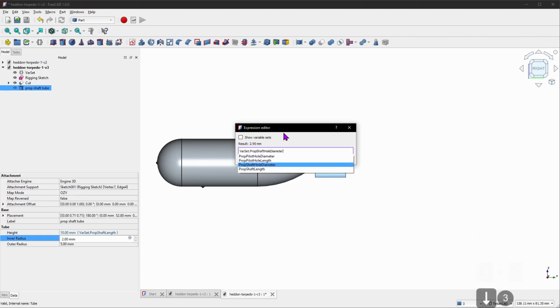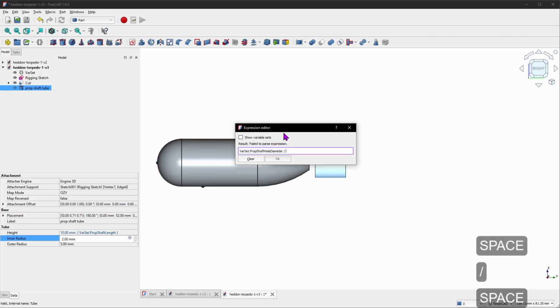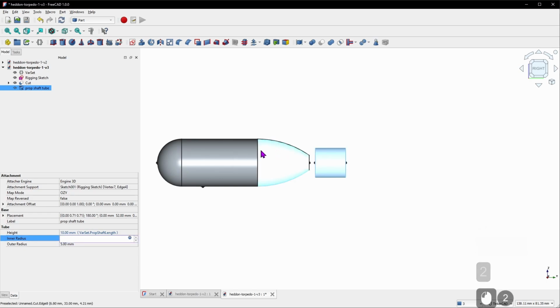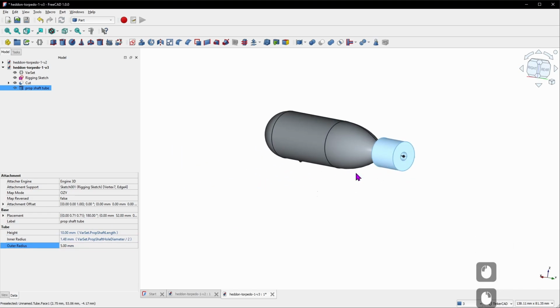Not the pilot hole, which is what goes in the lure. This is a little different size. It's a little larger so that the prop can spin around it. We'll divide it by 2 since it's a diameter. And then on the outer radius, and you'll see that makes that look pretty small because the outer radius is currently large. So for the outer radius of this one, I just want it to be 0.5 millimeter larger